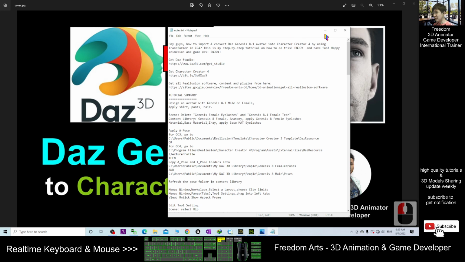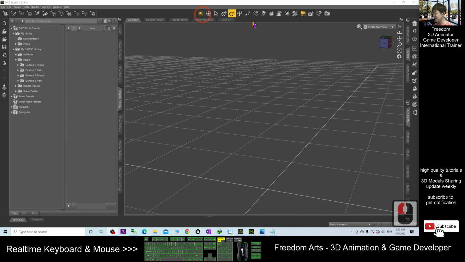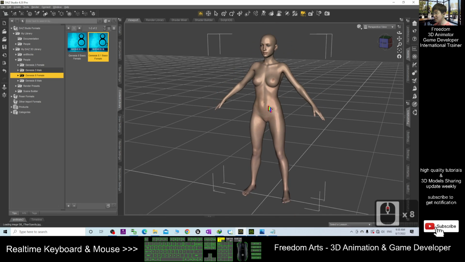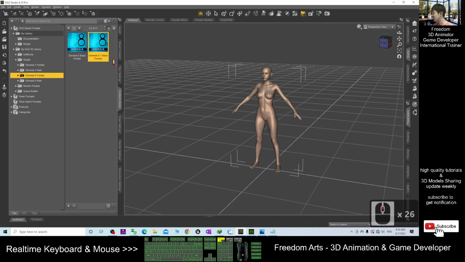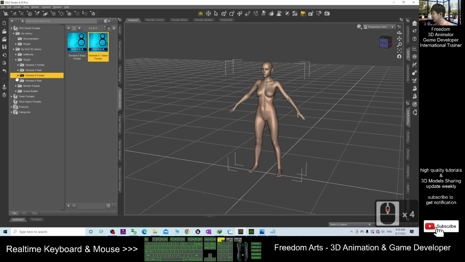Right. First, make sure you already have Daz, and now I'm going to create a new avatar from Genesis 8.1. Right, it is already in my Daz 3D library. As a demo, I'm going to create a Genesis 8 female. You can see now I have the Genesis 8.1 basic female. I double click to load this avatar, and then the first step, I'm going to give this avatar